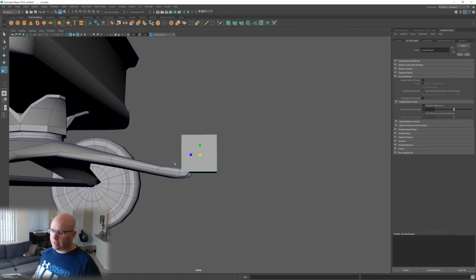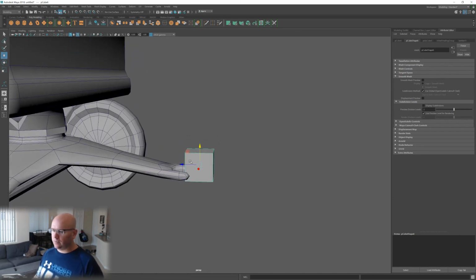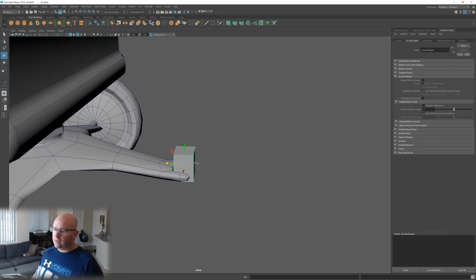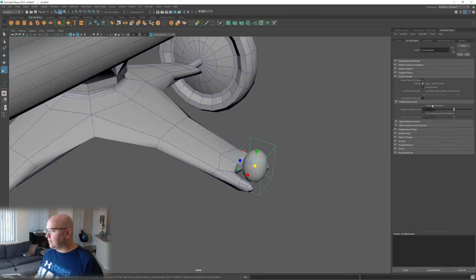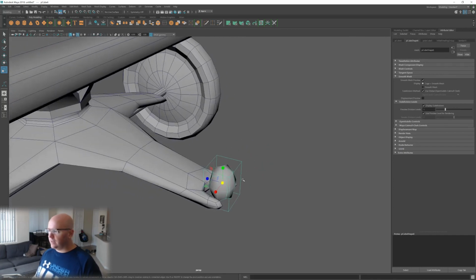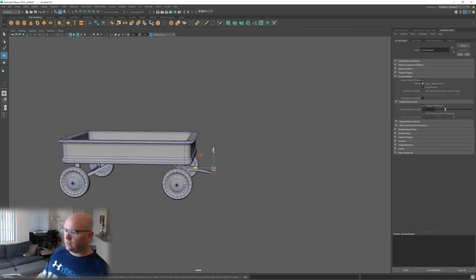I know I've already done this once, but I'm going to go through it again really quickly, because this is going to be a more thorough video. Okay, so I'm just going to line that up as if that was, you know, where the handle's going to go. I could even hit the 2 key now to start looking at that. I'm going to do that anyway, so I'll get it ready. So display subdivisions, division levels 1. That's kind of already where it needs to be in terms of settings. Okay, but here, I'm just going to grab this face. I'm just going to zoom out and shoot this up,